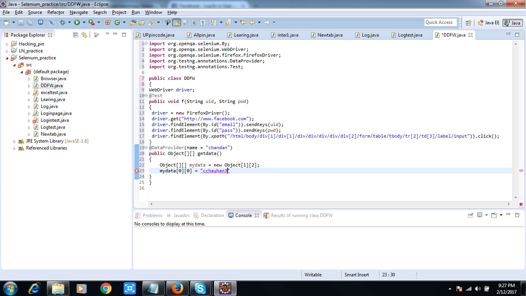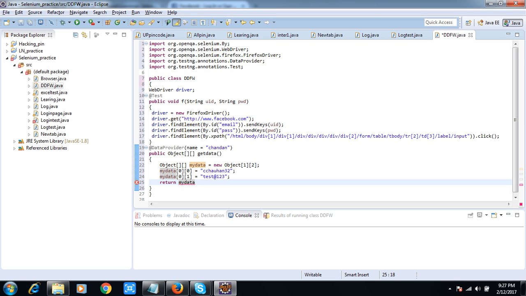Then again my data at 0 row and first column I want to give some value, which is my password. I am entering the wrong password, so the test will pass, but the login will fail. My data. So I have returned my data.